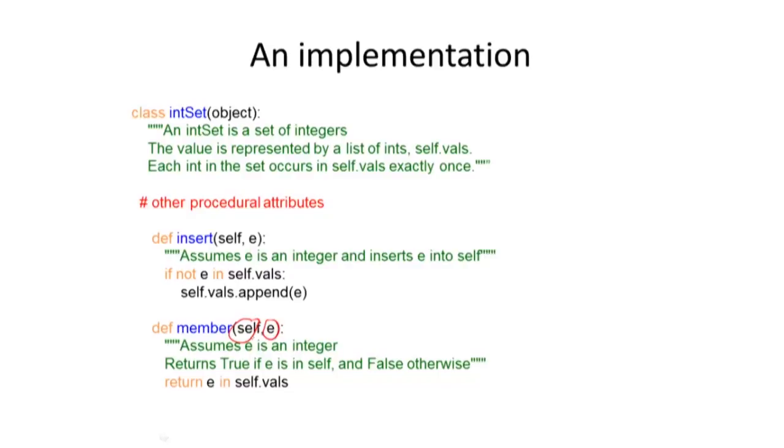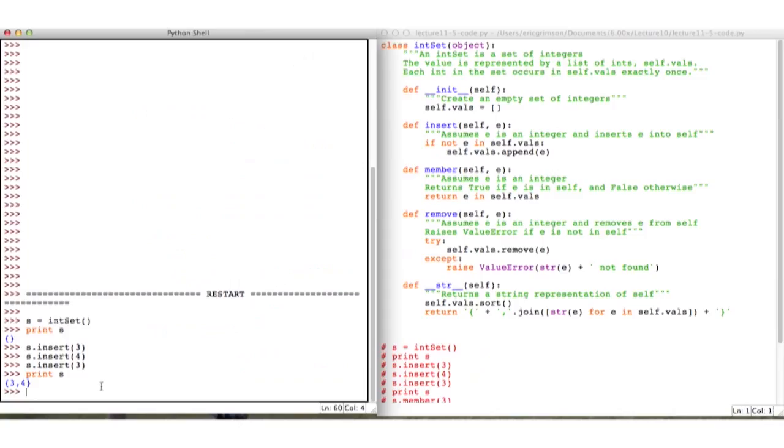And what's it say? It says look in self.vals. So you take self, which is an instance, you look up vals, which is that list, and then you basically say if E is in that list, that will be true, and I'm going to return that value. If E is not in that list, it'll be false, and I'm going to return that value. So if I go back over to my code here, I could say